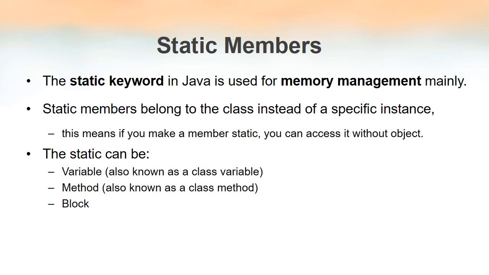That means if we declare a variable or a method as static, then that variable or method belongs to that class itself. Even if we create objects of the class, the static methods or static variables will not be created as a separate copy for each object. The static members will be commonly shared by all the objects of that class. That is how the static keyword saves memory. We can declare variables or methods, or even create a separate block of code as static, and we will see how it is done.